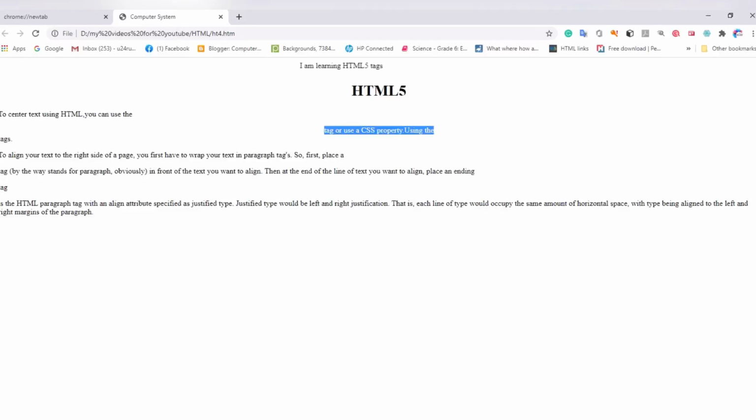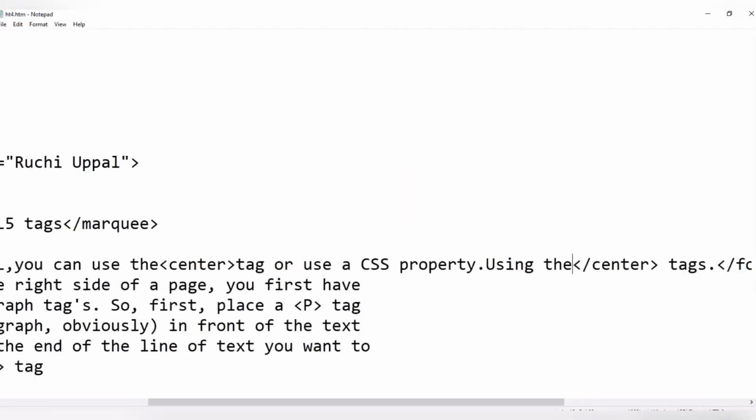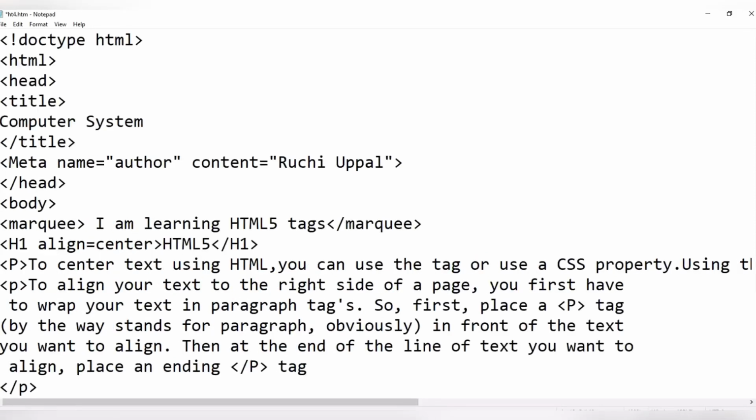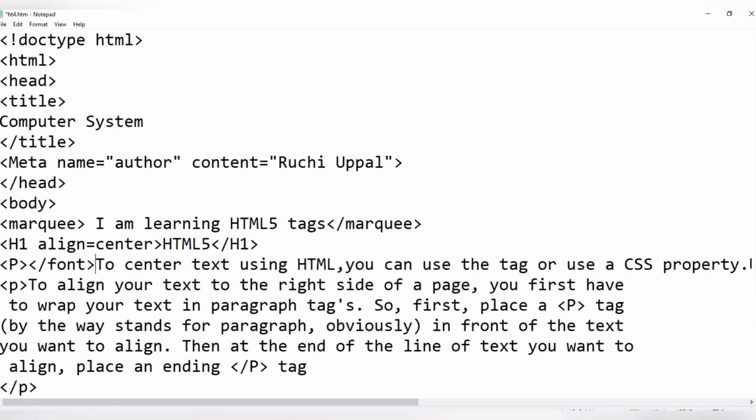Fine. So suppose, let me remove it from here. I want to put it in the center. Control V. Oh my god, what happened?